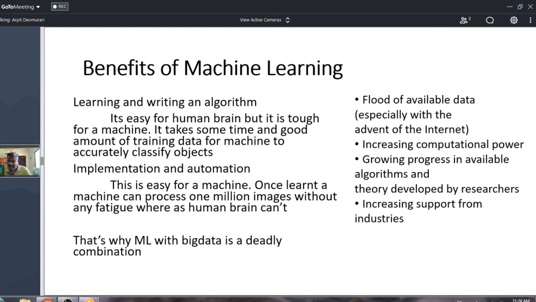So it's computing which has really driven the whole change in the atmosphere. On top of it, you've got the data, you've got the computing facility, and the merger is the algorithms available. As I mentioned earlier, there are hundreds and thousands of algorithms available based on the problem you are trying to solve. And the catalyst to this effect is